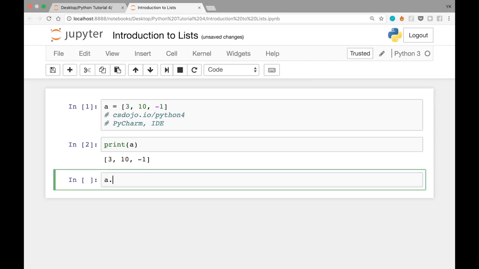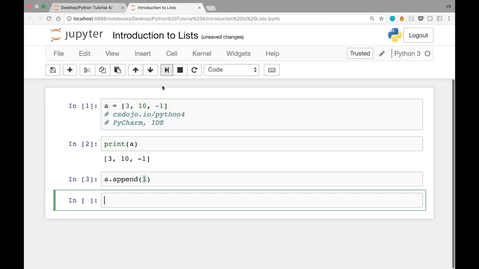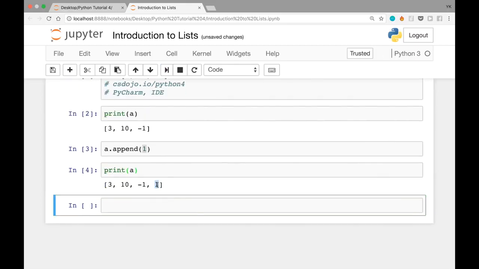What if we wanted to add an item to this list? You can do that with a.append(1). This means append the item, the number 1, to the list a. This dot notation is a pretty common one, and you'll see more of that later in this course. The function append is basically a predefined function that you can use on the list data type. Let's execute this cell, and once we print a, you see that the number 1 has been added to this